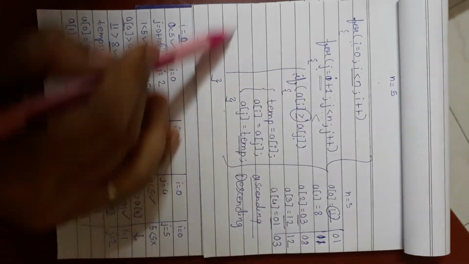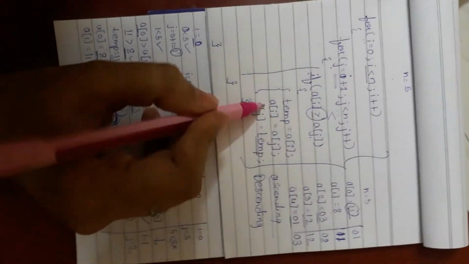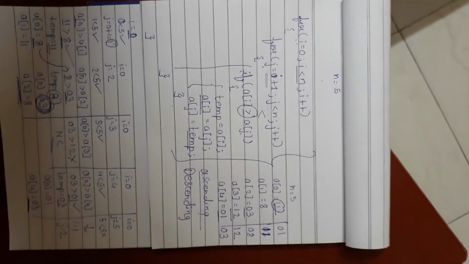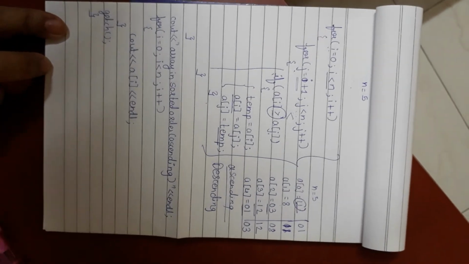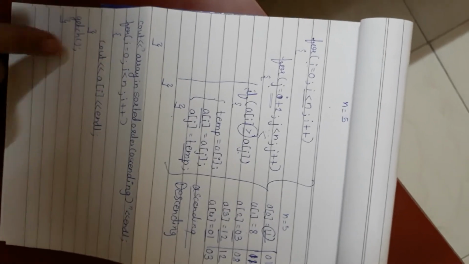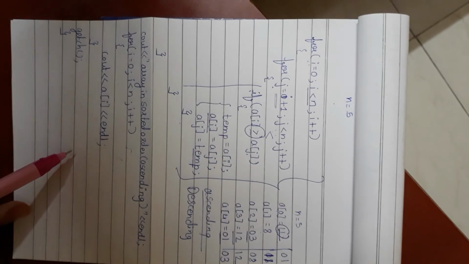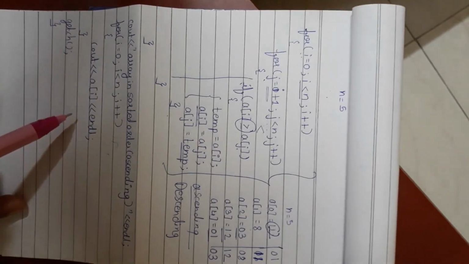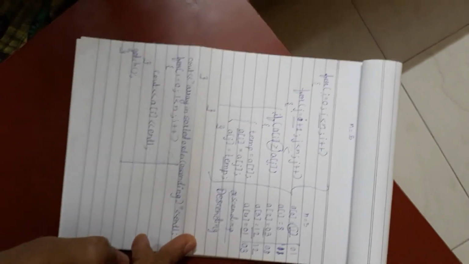Yes, because of this particular logic, definitely we will get the sorted array, which is stored inside a of i. Now we are going to display that. To display that, I have written this particular code. Just see the code. I have displayed one sentence, that is, array in a sorted order, ascending, in round brackets, and then with the help of a for loop I have displayed the array. For i equal to 0, i less than n, i plus plus, and then in cout I have displayed the a of i value.